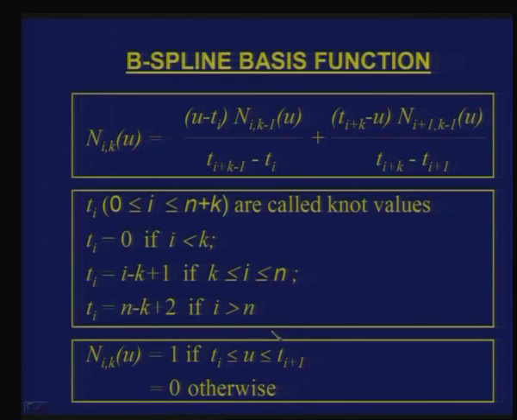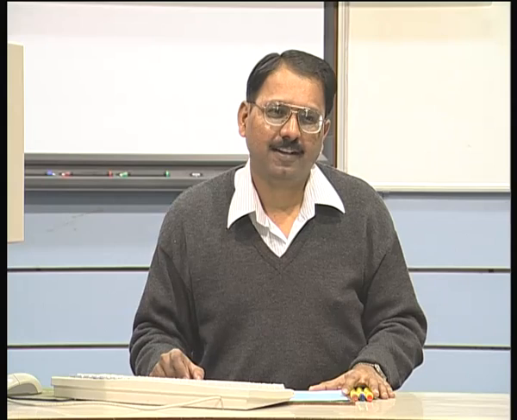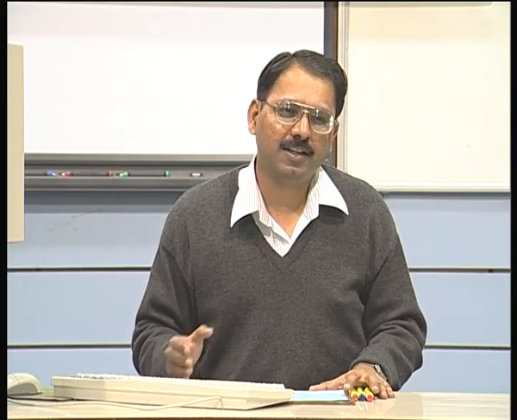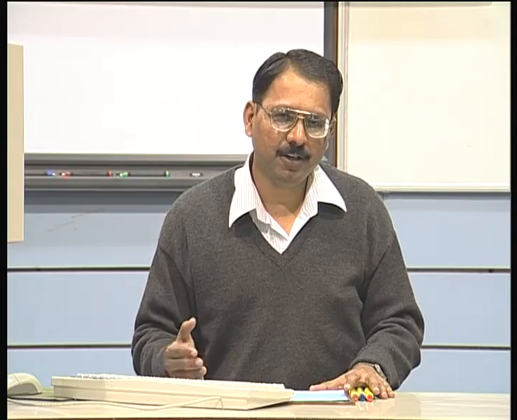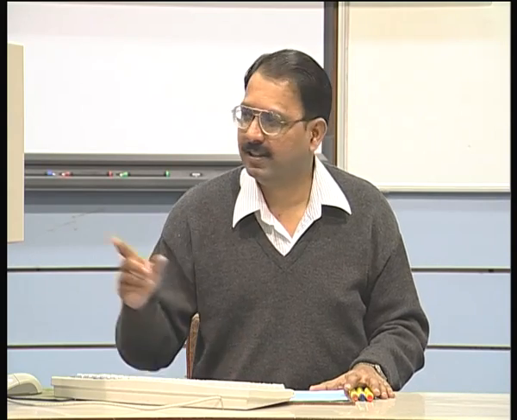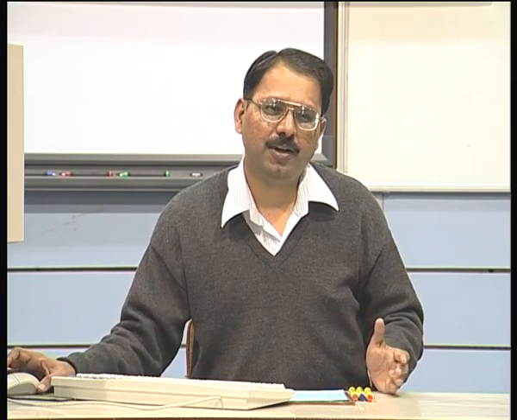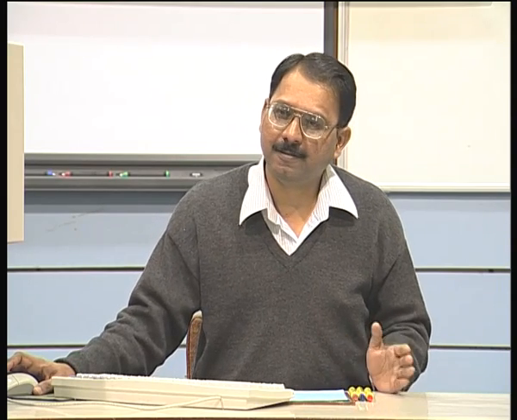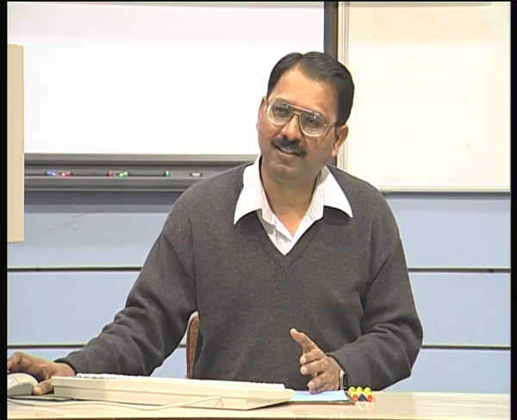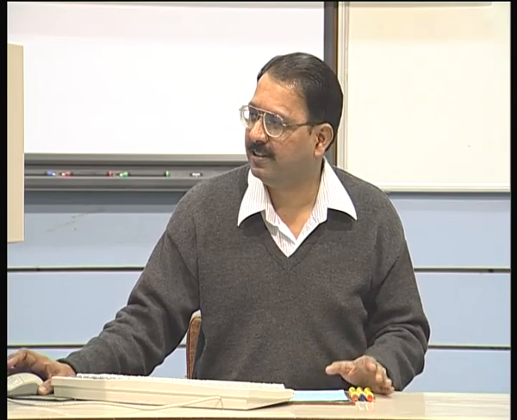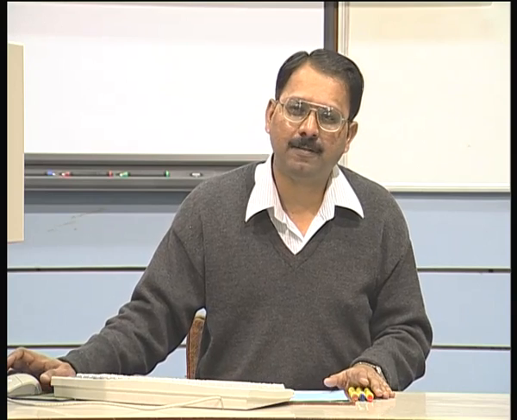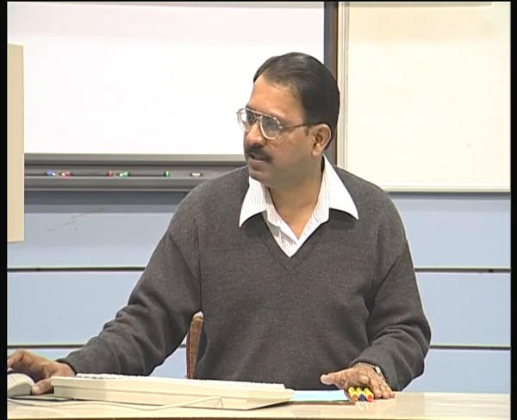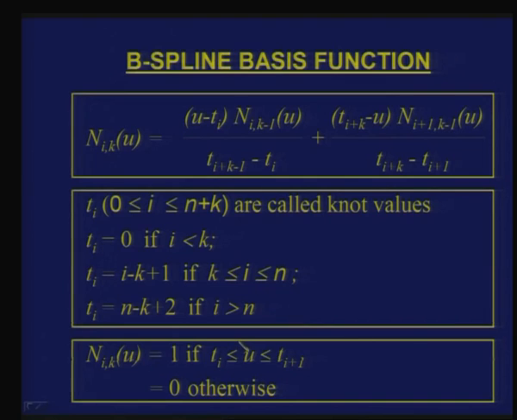Now, the whole definition is given in such a manner, like we were discussing what we call the non-uniformity of B-spline. In order to make it non-uniform, the definition becomes a little more complex, because you have to choose the knot vectors in such a manner that the influence is different at the ends than at the middle. In order to do that, we end up with an expression which is given by de Boor. So, this is also called de Boor's expression for a B-spline.